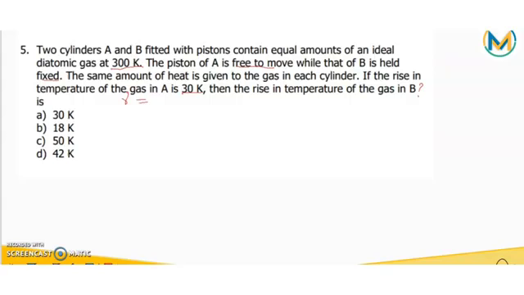So therefore, gamma will be equal to 1.4. Piston A is free to move, so therefore the system A will be an isobaric process. And piston B is fixed, so it will be isochoric. If the same amount of heat is supplied to both, then delta Q isobaric is equal to delta Q isochoric. Now, delta Q isobaric can be written as mu